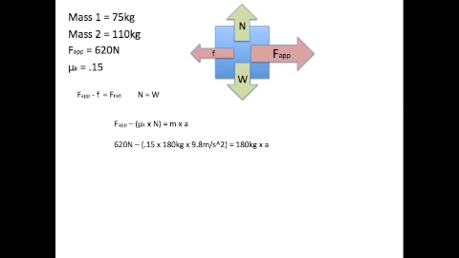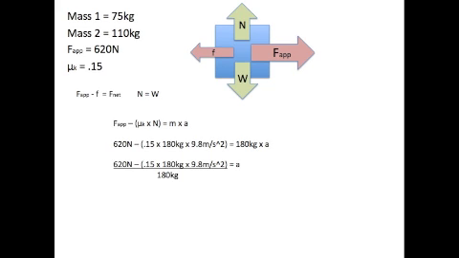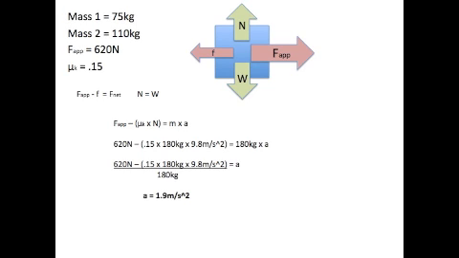Force net equals mass times acceleration, so you bring 180 kilograms under and divide, and after a little plugging and chugging you get 1.9